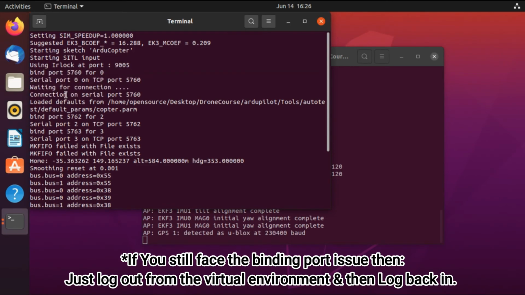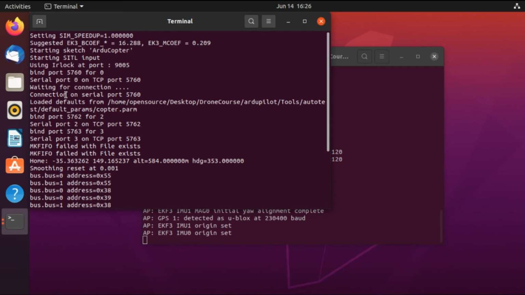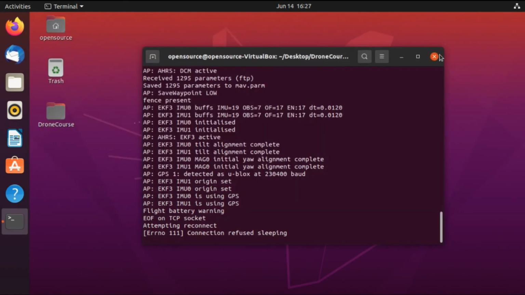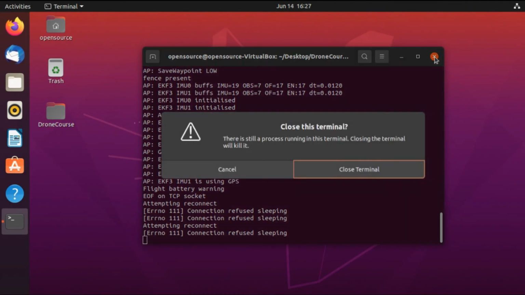And if you're wondering why the hell we can't see anything, the answer is because we haven't run any GCS. So in order to see SITL working, I mean the visuals, right? SITL is still working. What we have to do is run a GCS with SITL. And remember, we installed MAVProxy in our system, which is a command line GCS. So let's close this and run SITL with MAVProxy.